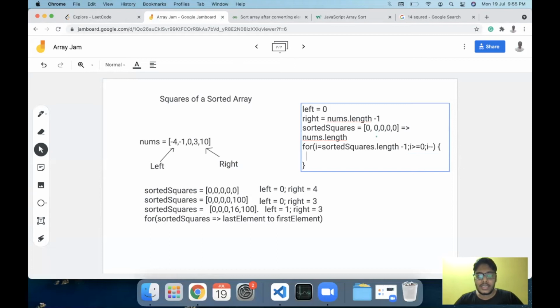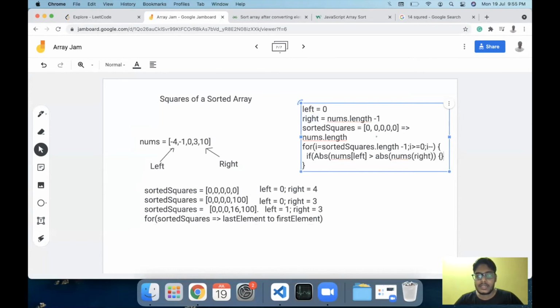we will check if the absolute value of our left element, or nums of left, basically that is nums of 0 or 1 or whatever, is greater than the absolute value of nums of the right value, which is this one.